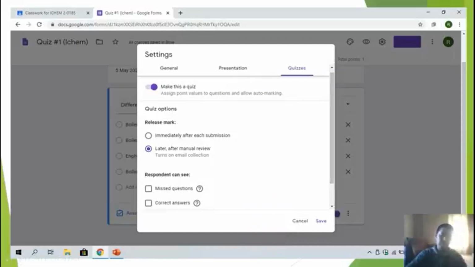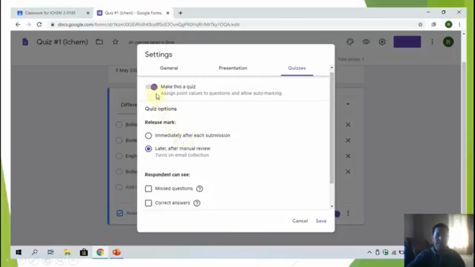So if you have an exam of 100 items and you have 170 students, then you have to check 1700. It can make you upset.